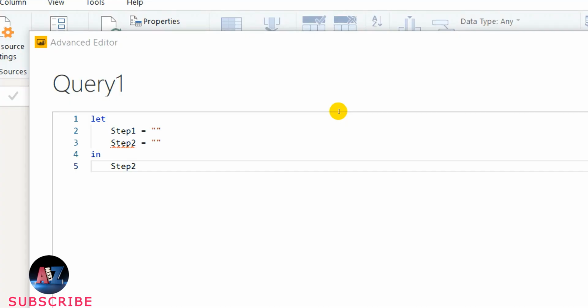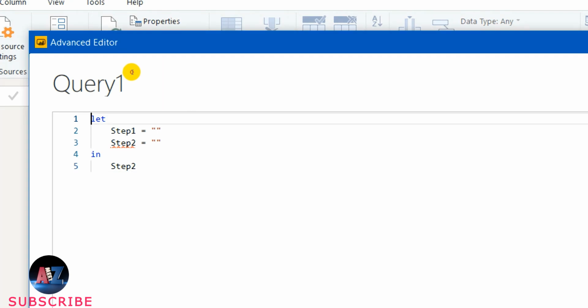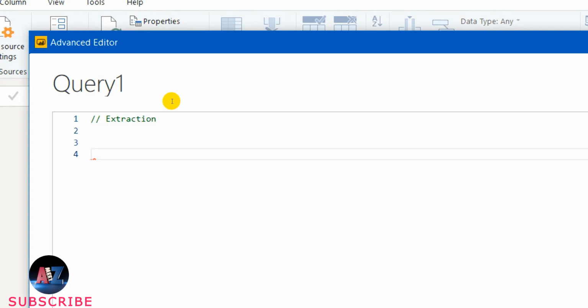To make my explanation easy, let me make this window into two parts. One is extraction, because it is an ETL process. So one is extraction, then transformation. If you look at this code which I am writing, it is not code, it is a comment. Two backslashes and the text is equal to a comment. It is not a statement or code. It is there in other languages also, so you know what I am writing here. If you don't know, two backslashes with text is a comment, so no execution happens.